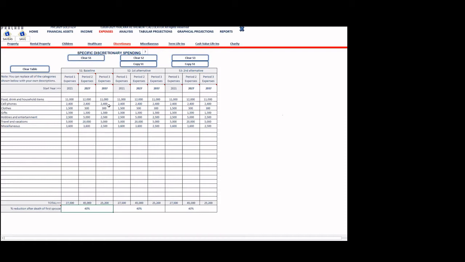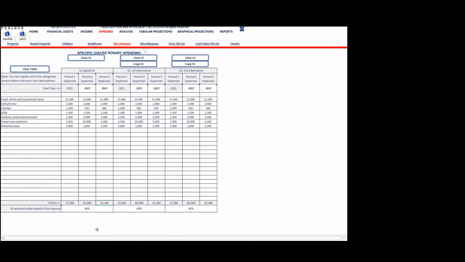So in this example, all the costs are, I think, the same, except I put in a bigger number here for period 2, which will be the early retired years, as the couple anticipates doing some travel. So that number may peak during this period 2, but ultimately they get a little bit older at 2037 and slow down again, and the number comes back down. So the discretionary expenses are 27.5K for period 1, 45K for period 2, and then dropping back down to